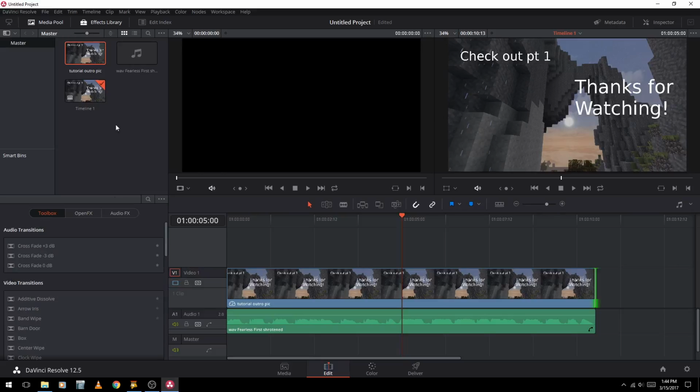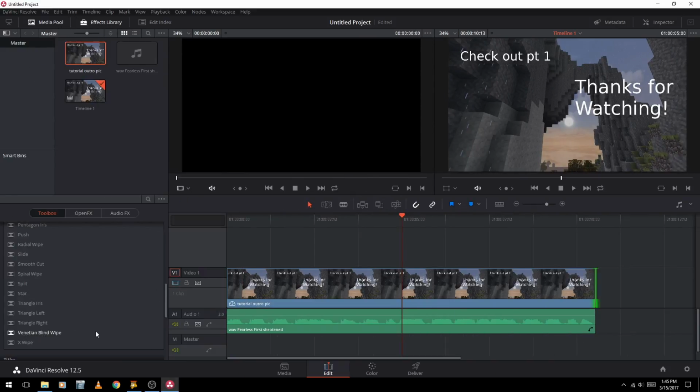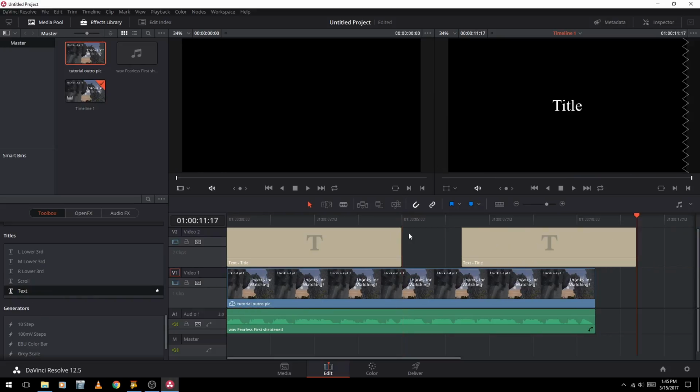Now something I want to do, if we go to our effects library, which I have open right here, and for you it may be up here, maybe down here. I'm not exactly sure where the default location for the effects library is, but we're going to add some text titles. And I'm going to want 3, so that we can have text on the screen that comes up that says